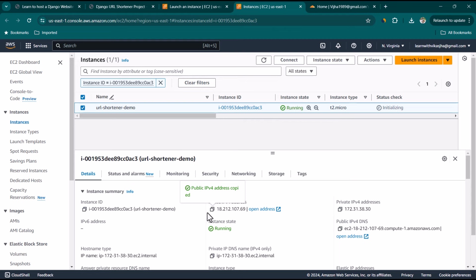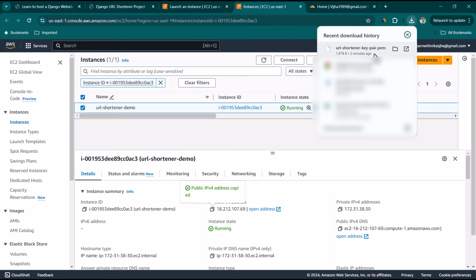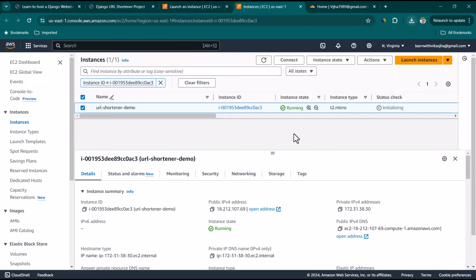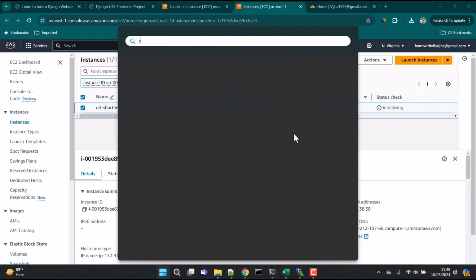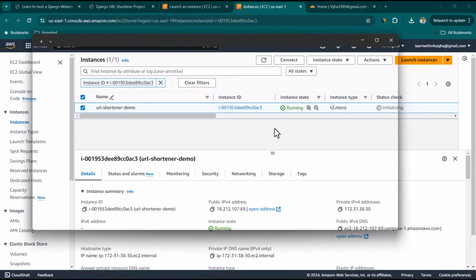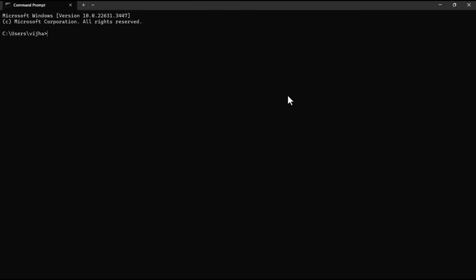First of all, I'm going to log into this server and see if everything is working fine. Remember, we have downloaded the key, so we are going to use this key for authentication. I'm on Windows, so I'm going to use command prompt. If you are on Linux, you are going to use terminal. So here we are going to give